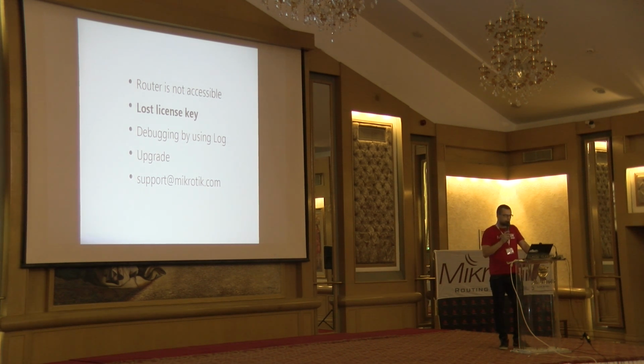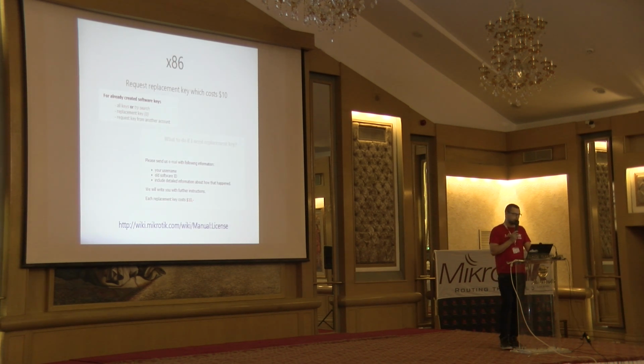Another major topic in support is lost license keys. Many people write to us that they have lost their license and the router isn't usable anymore. But usually it happens for some simple reason. For example, if you use RouterOS on an x86 machine and you suddenly see that there is only 24 hours left to renew the license, or the license has already ended,